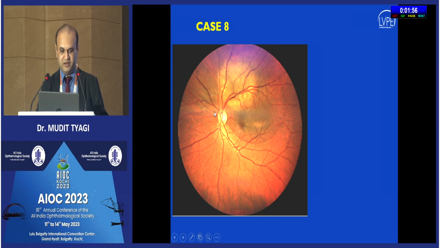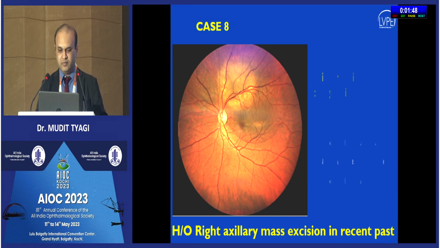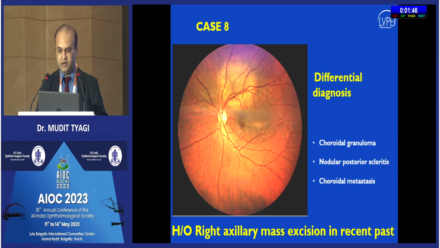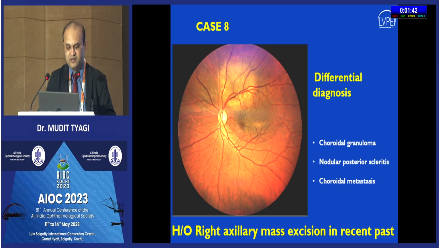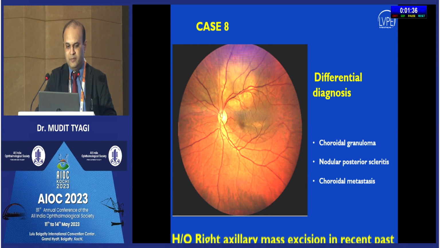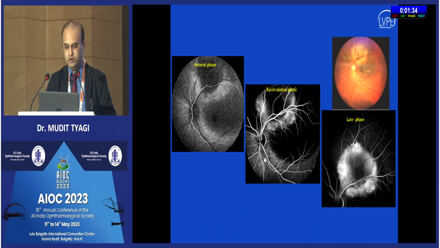One more patient presents with this elevated nodular lesion over here with surrounding subretinal fluid, and at this point of time our differentials can be probably choroidal granuloma, scleritis or choroidal metastasis. But when you go back and take a history, this patient gives history of a right axillary mass excision in recent past. This was a case of choroidal mets, and when you go ahead and do an FFA over here,